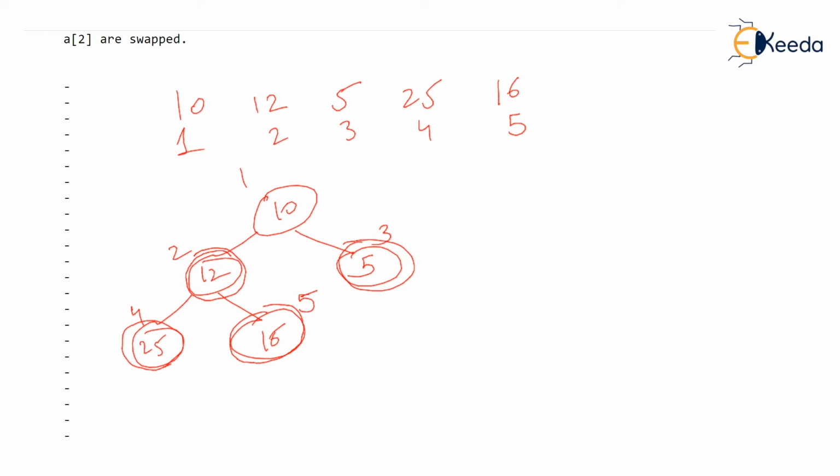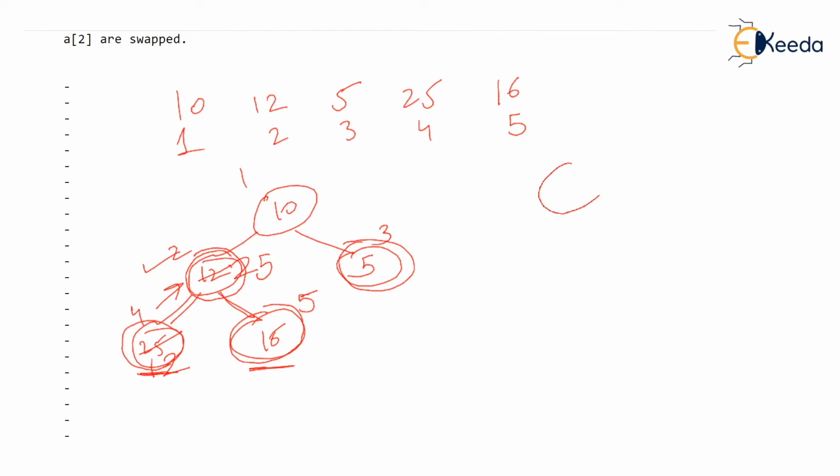You want this parent to be greater than the fourth and fifth. So first you find out who is the largest child among 4 and 5. And the largest child is 25, and 25 is greater than 12. So 12 cannot become a parent. In fact, 25 will occupy the parent place and 12 will go down at the bottom here. So we have adjusted the second parent.